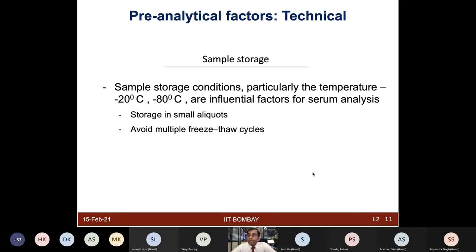So while you are collecting the sample, it's a good idea to make multiple aliquots of the sample, so that those samples could be stored in different boxes, and you are going to only handle a few boxes at a time, and not change your sample all the time, with everything getting thawed. So these are some small tips, but I'm sure these are going to be useful when you are planning for